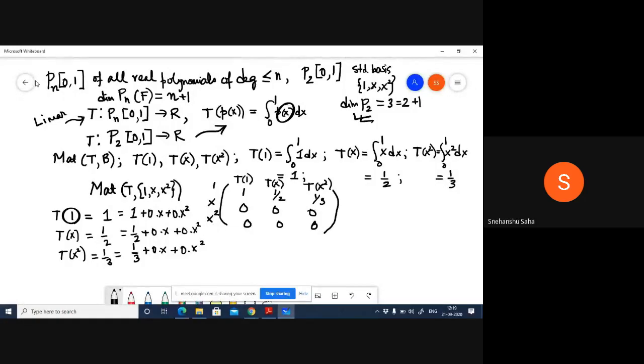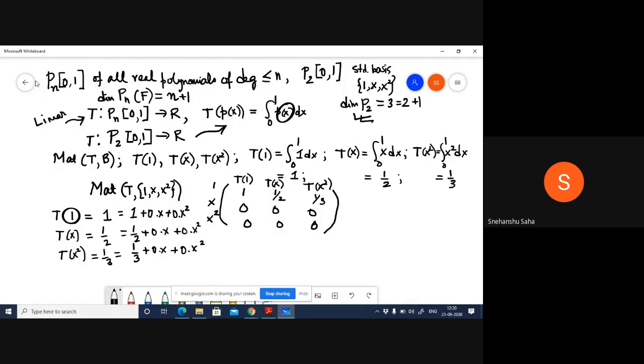So you apply your linear transformation on each one of these elements, assuming that this is your standard basis, and you get the output. Your matrix of the linear transformation is the relationship between your output and your input, and that is the fundamental idea that we have been discussing all along, right? So that is it. Okay, so this is the matrix.